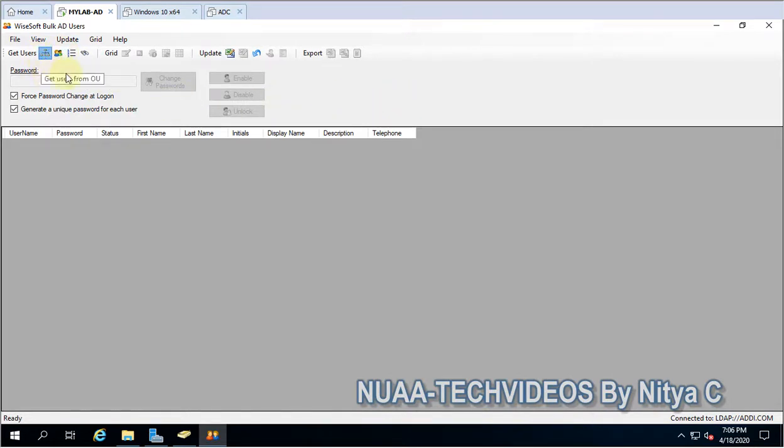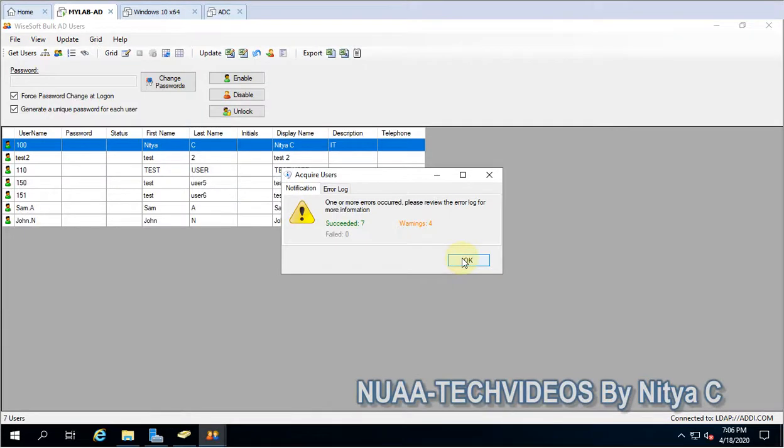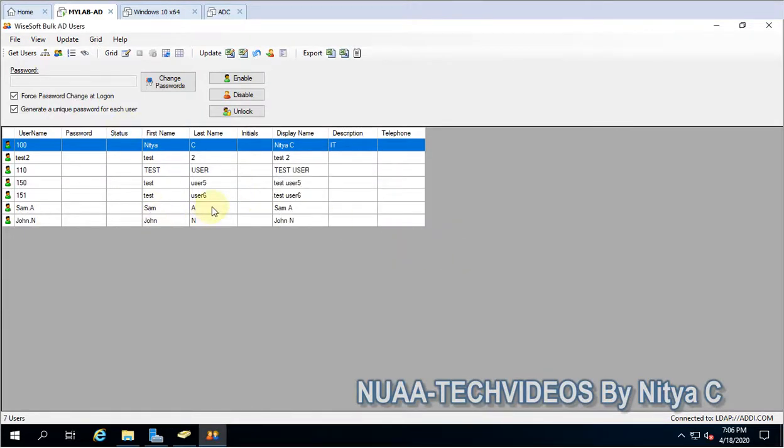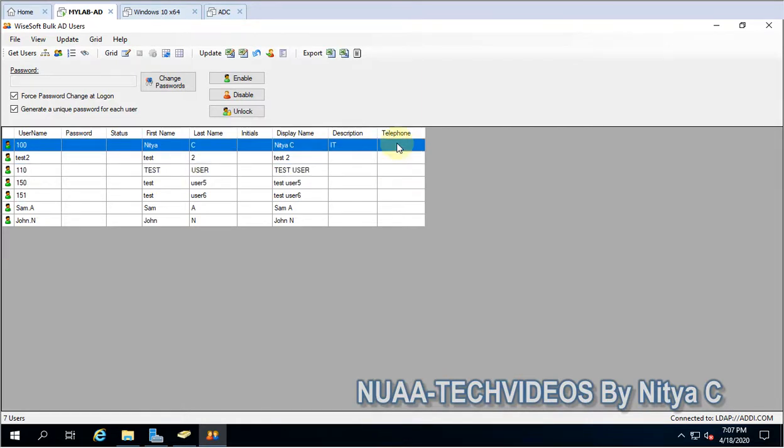So let me check all users in my Active Directory. I selected all. This is my domain adi.com, and I'll click OK. This many users are present in my Active Directory. Now suppose you have been given a task to modify the description for all users, or some of the users, because a request came from HR or someone else, and you also want to modify the telephone number in bulk for Active Directory users.